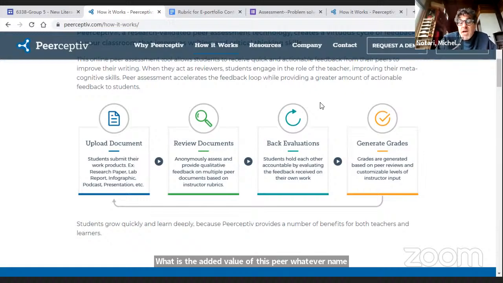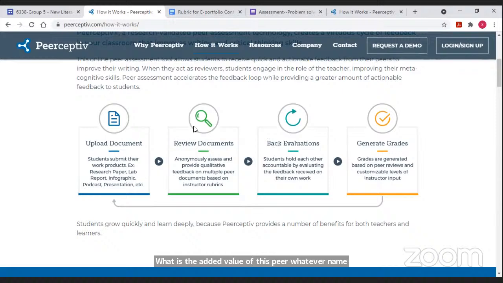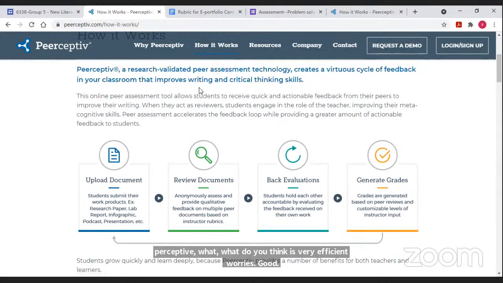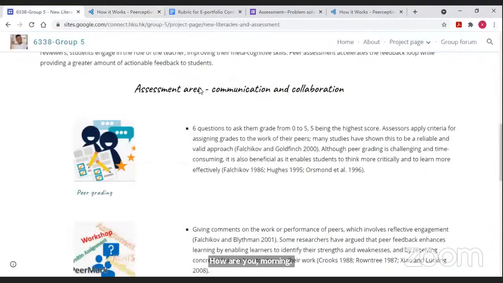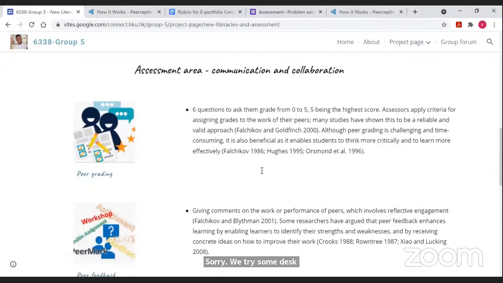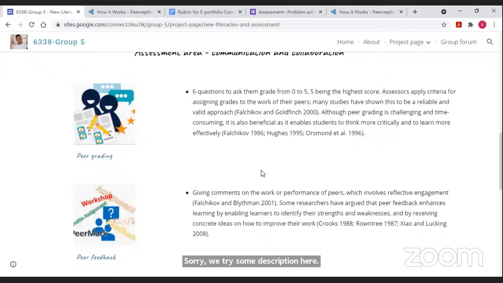Where is it good? Sorry, we are writing some description here. It just engages the students to make evaluations together, so it can